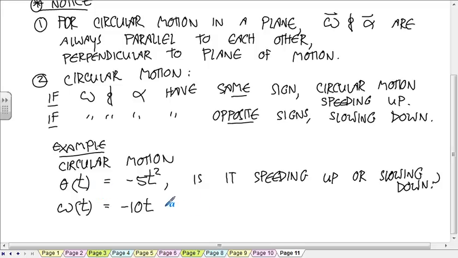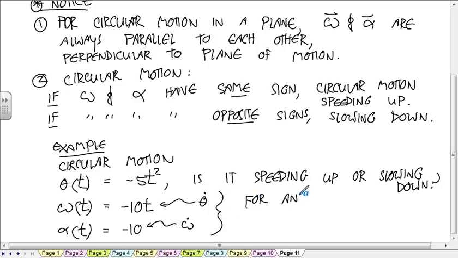That's just theta dot. And now the angular acceleration is -10. That's omega dot. So for any positive time, which is all we're going to deal with,